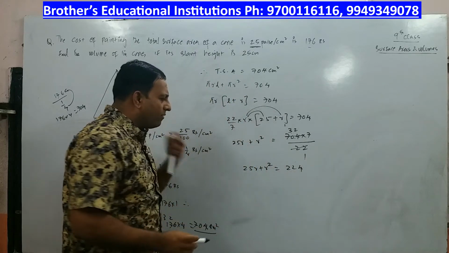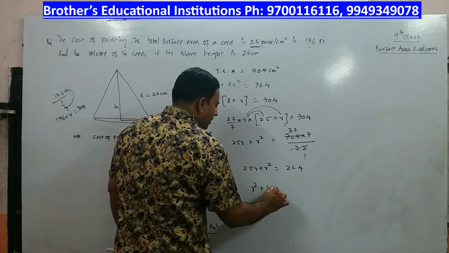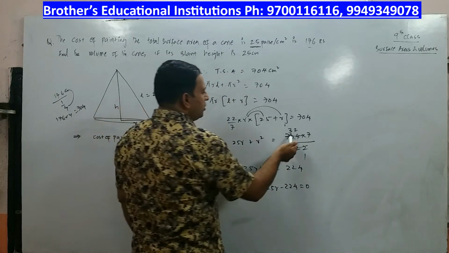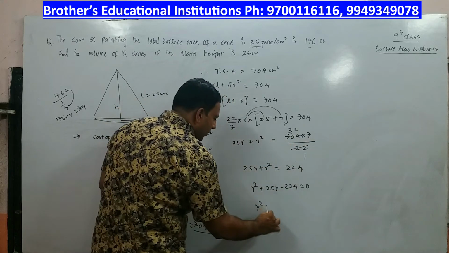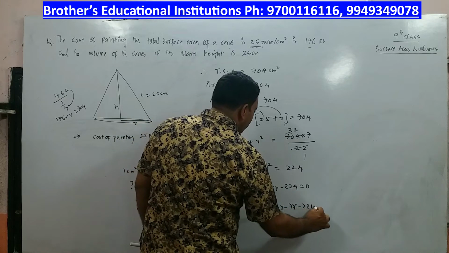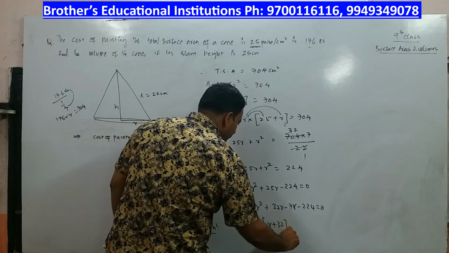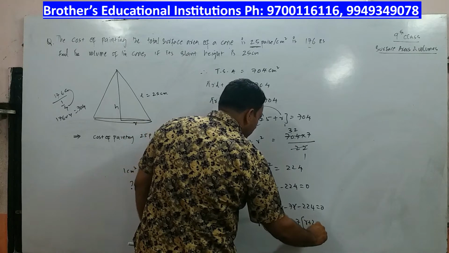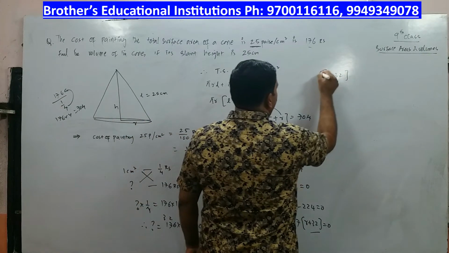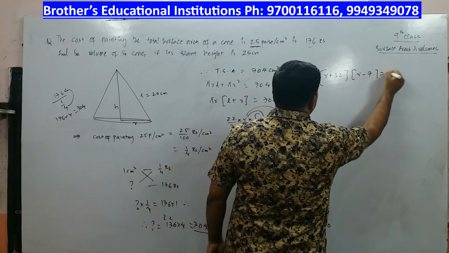Now you can see you have a quadratic equation in terms of R. So let us write this quadratic equation. R square plus 25R minus 224 is equal to 0. I need to take the factors of 224. Just now you multiplied 32 and 7. So you write R square plus 32R minus 7R minus 224 is equal to 0. I will take R common. When I take R common, it is R plus 32, minus 7 common, R plus 32. Now what is common again? R plus 32 is common. If you take it common, it is R plus 32 into R minus 7 is equal to 0.